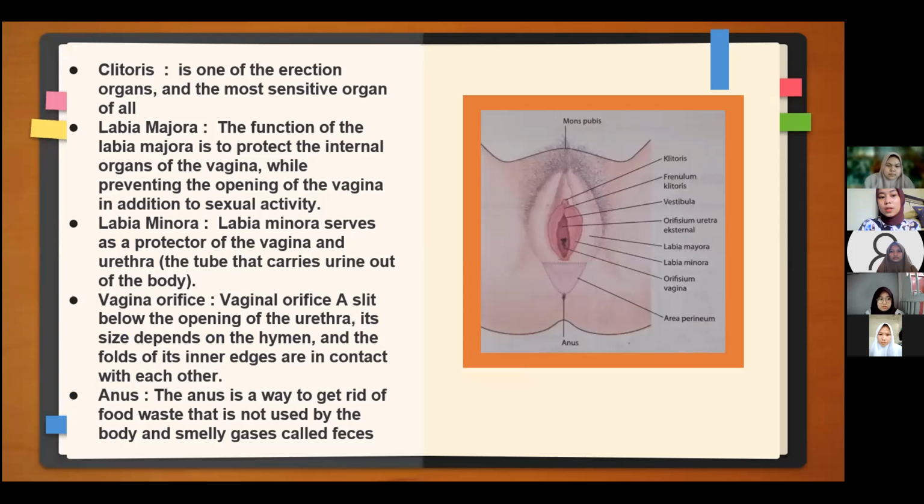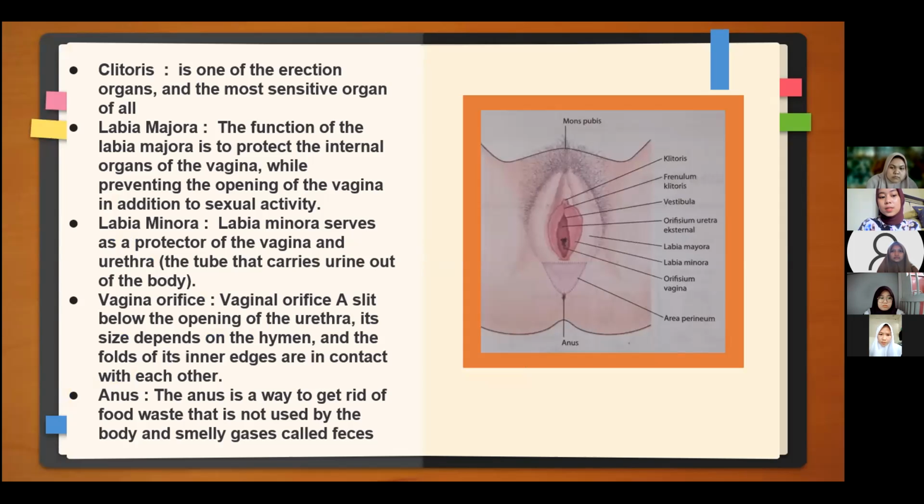Clitoris is one of the erection organs and the most sensitive organ of all. Labia majora. The function of the labia majora is to protect the internal organs of the vagina while preventing the opening of the vagina in addition to sexual activity. Labia minora. Labia minora serves as a protector of the vagina and urethra, the tube that carries urine out of